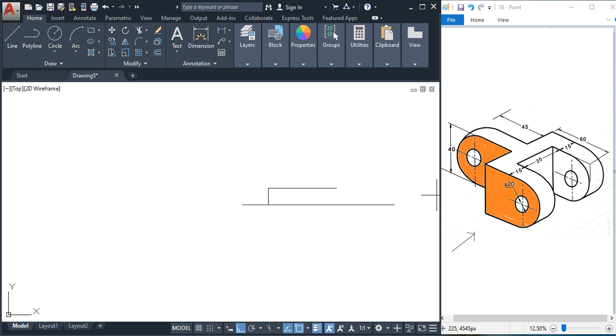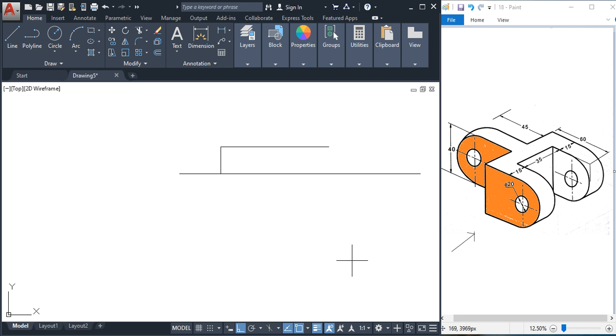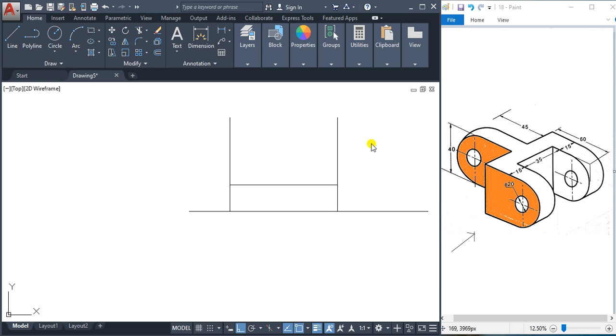and after that we'll draw this semicircle. Before that we'll take some construction lines here. Like this, we'll draw two lines and use them as construction lines, and after that we'll remove them, or we'll make them the center for these semicircles, and we'll draw a horizontal line here in the top also.